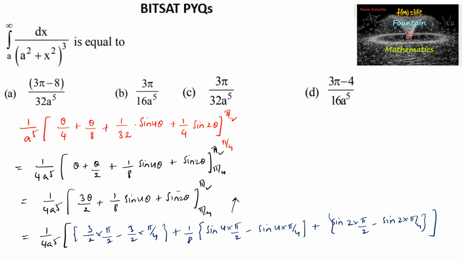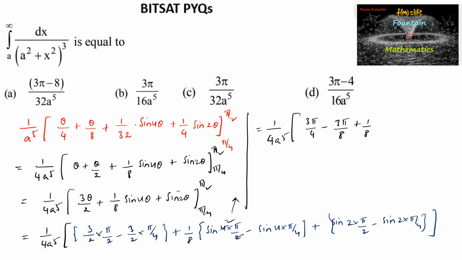So here we can write 1 upon 4 a power 5 times (3 pi by 4 minus 3 pi by 8) and plus 1 upon 8 times